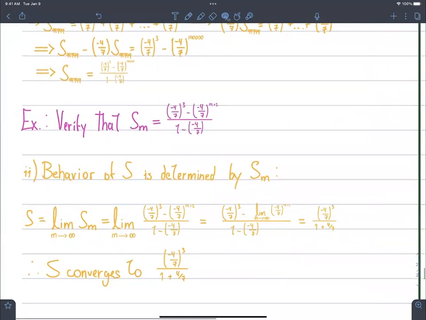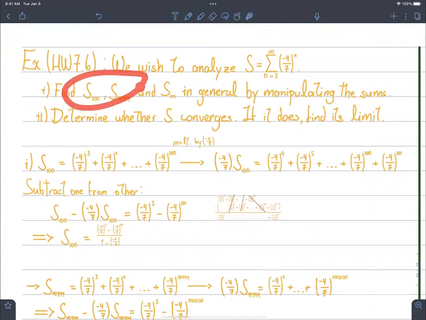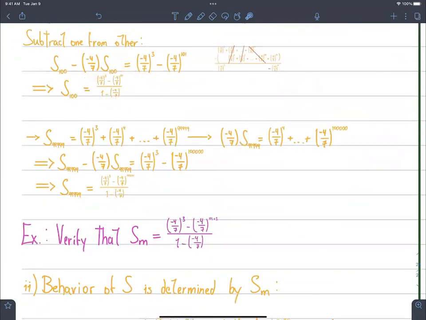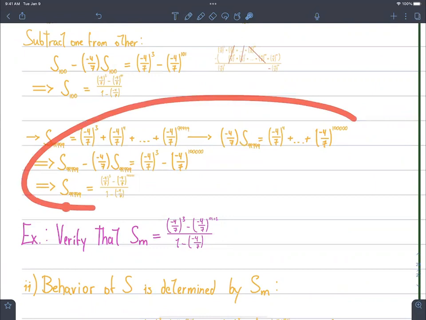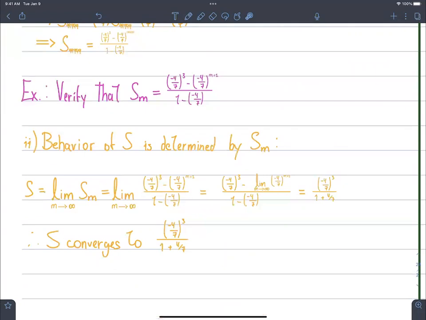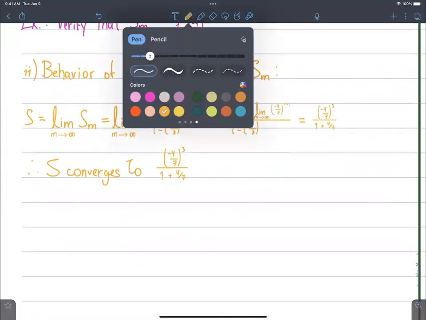So basically, in these types of exercises, you will see that there is a partial sum which you have to compute. To do that, you write out the whole sum and then subtract one from the other after multiplying the sum by the common ratio. Then you solve for the partial sum and you get a formula. The same thing with the next subindex. And in general, you have to do this for a general m. But it's the same process that we did here. And finally, to determine the behavior of the series, you just take the limit of the partial sums, and that's that. Okay? So as a final observation,